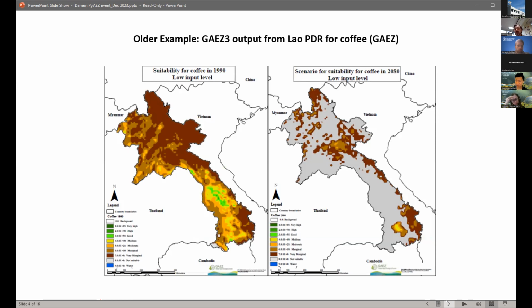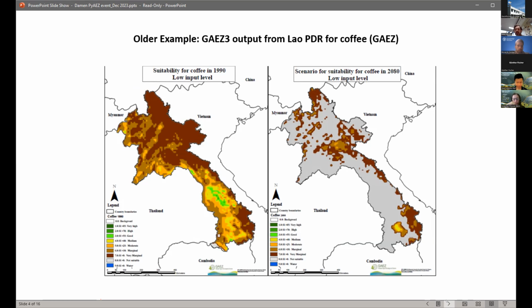We had a program that just closed recently in Laos, where a big part of the program was building capacity to think about transformative change in the context of climate change. We wanted to develop a few examples that could help spur the government to think about these processes. The example we started with, using the older GAEZ3 data sets, was coffee, because based on the GAEZ data sets at that time, it was showing a particularly dramatic change in suitability of coffee.